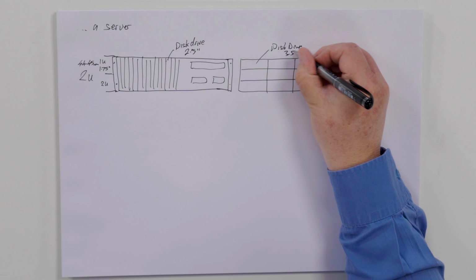These are going to be 3.5 inch drives. So that gives us the capability to put larger capacity drives inside the front. We'll touch on some of the drive capacities in another one of the videos, but these are the two major form factors, the 2.5 inch and the 3.5 inch. So we have our storage space in the front of our file server, application server or file server, it doesn't matter. Now, if we spin around to the back of the server and have a look what's in the rear,